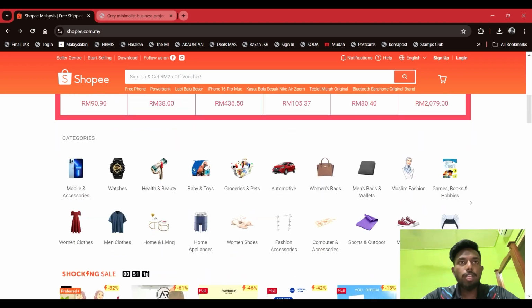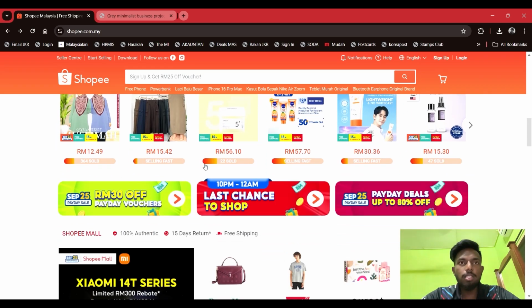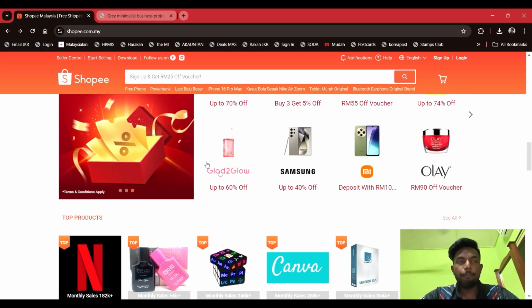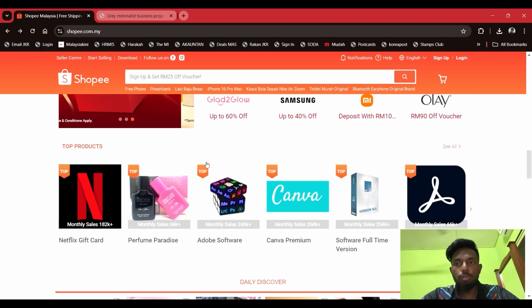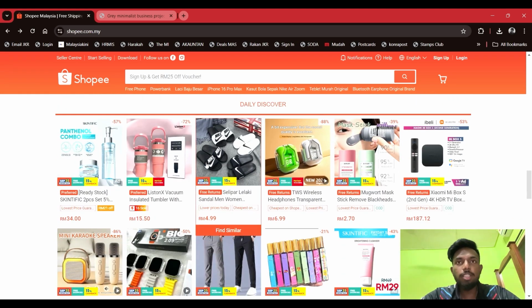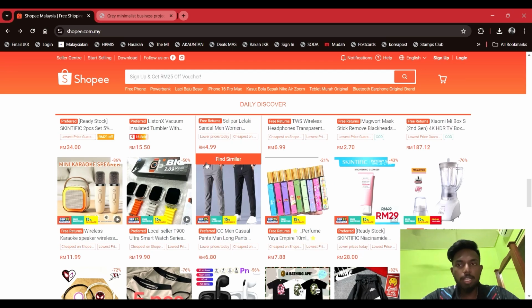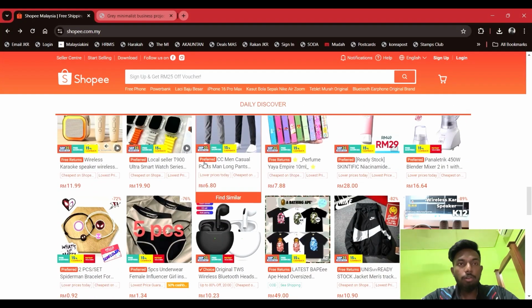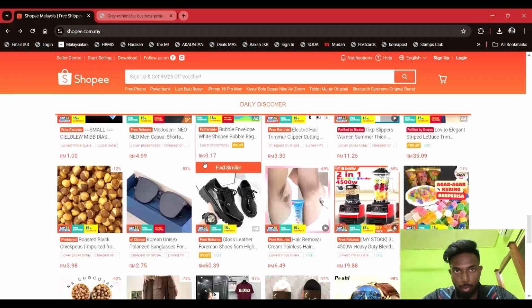In this, as you can see, this is our Shopee interface. Is it hard to use, or is it easy to use, or do you like the interface design? Because this is the Shopee interface that we have created. As you can see, if we scroll down, these are the recent products which are up to the trend and up to the market.